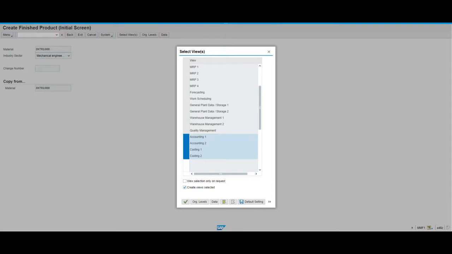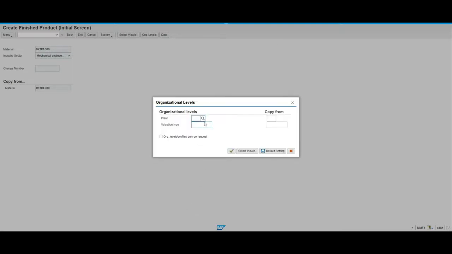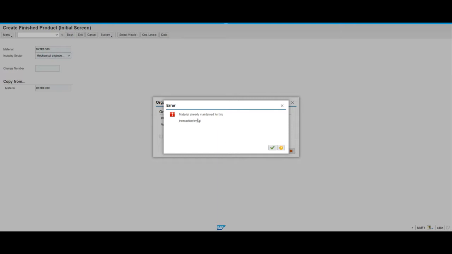Make sure this is okay. Whenever you see anything for plant, you have to put Dallas always in this case, because in our company the production plant is in Dallas, not in Miami. So once you say this one, it says yes, plant is Dallas, copy from is also the same. And then okay, this is the only information you enter. Material already, you say okay, yes, if you get an